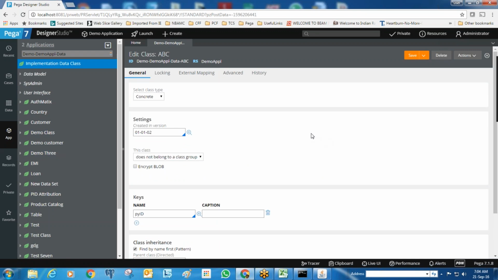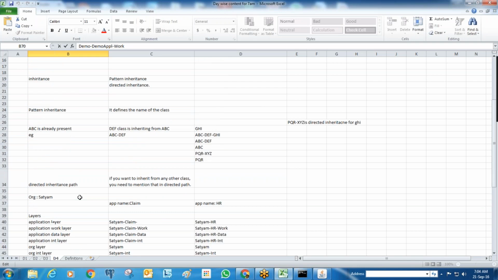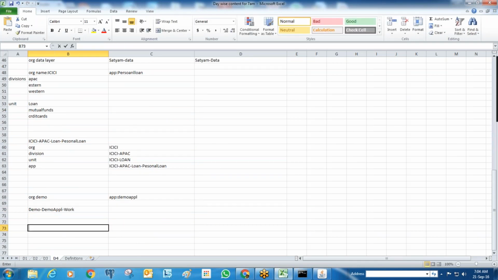And once you save it, if you want to know to which database table these instances are going to be saved: by default, all the instances of data classes will be stored in the tier underscore other table.